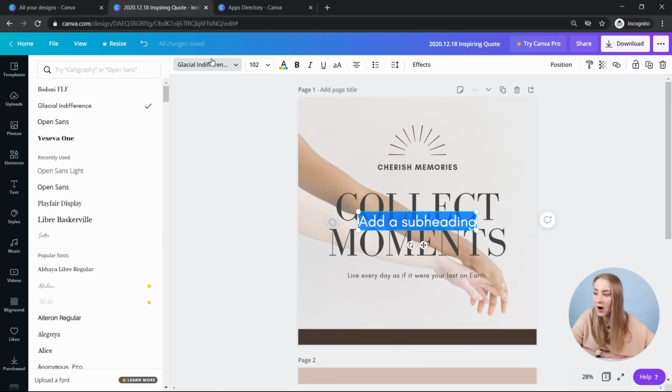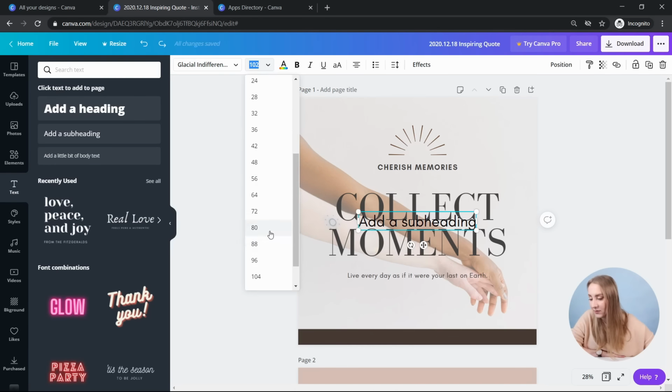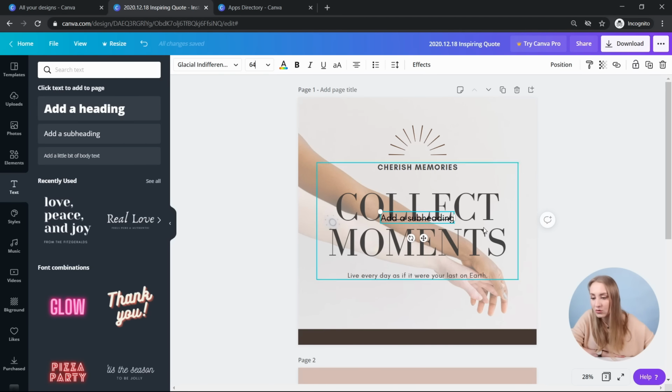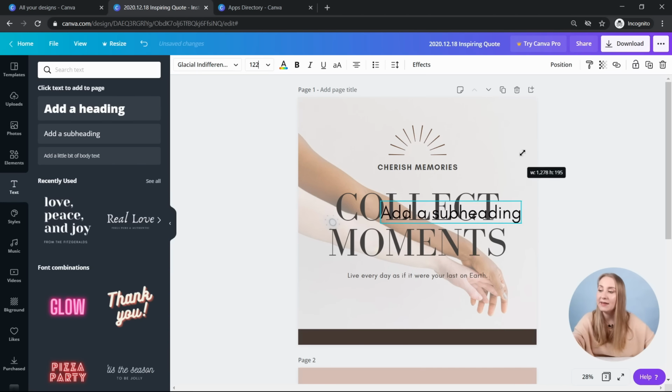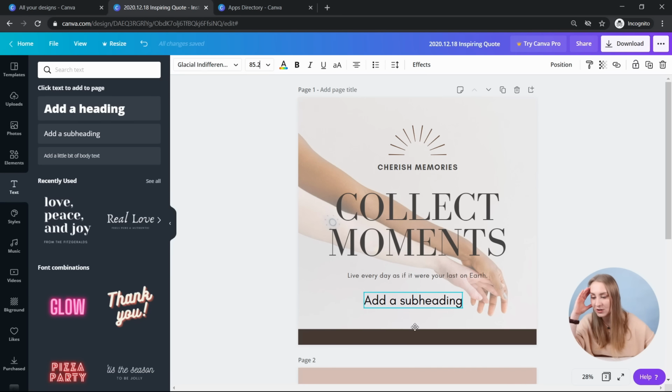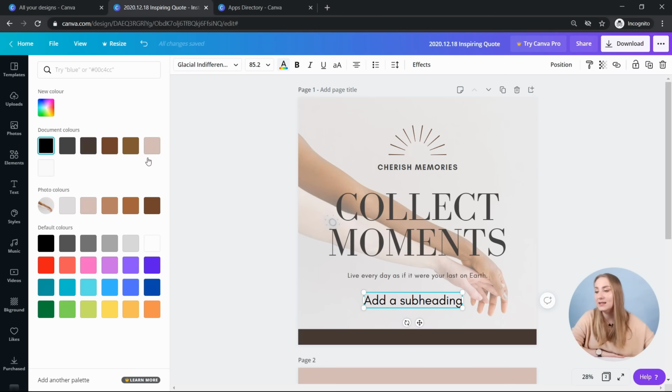So this is where you've got the font to the very left, and this is how you can just change the size. You can also drag it like this and it will show you the width and height of this, or in here you can see that the numbers are changing as well, so you can see how big it is. Let me just move it a bit lower so that you can see it. You can click on this and you can see the text color again. Let's choose something light because I'll be putting it over that.